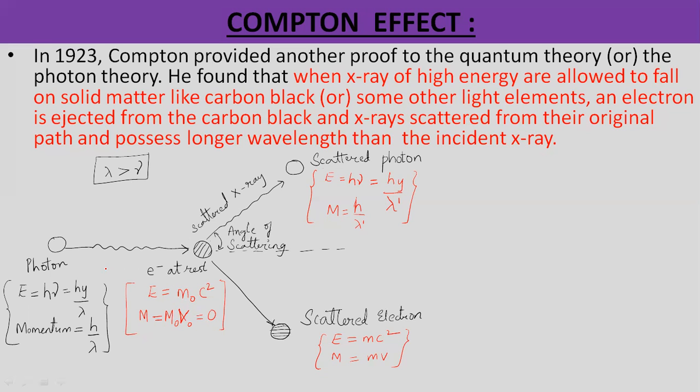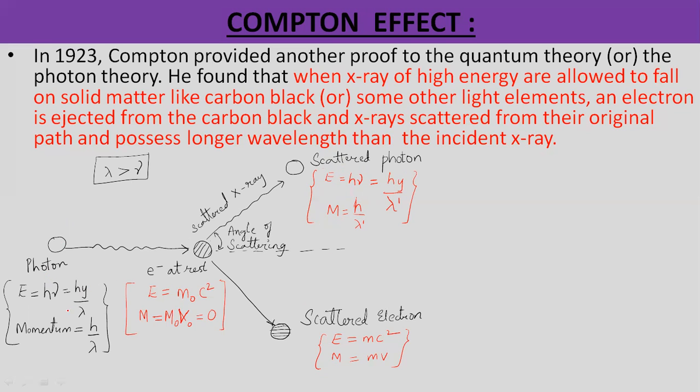Now, once the radiation passes on this carbon black, the ejection takes place. So this scattered photon has the energy equation E = hν, which is equal to hc/λ′, and its momentum value is h/λ′. So now you just compare the scattered photon with that of the incident photon,